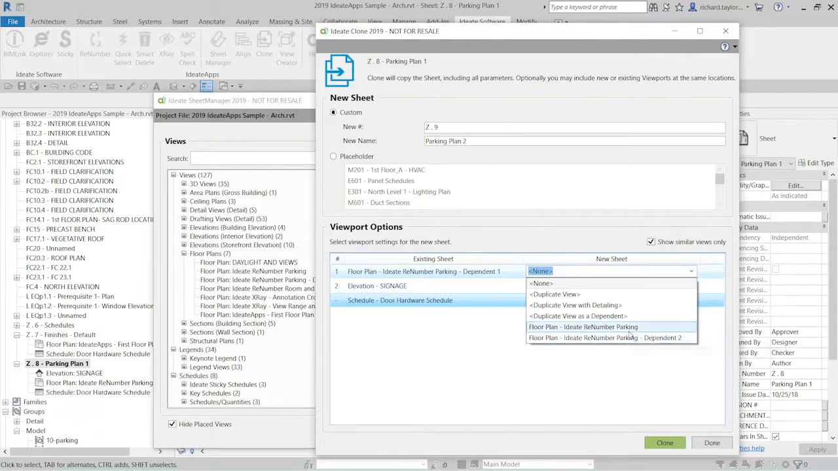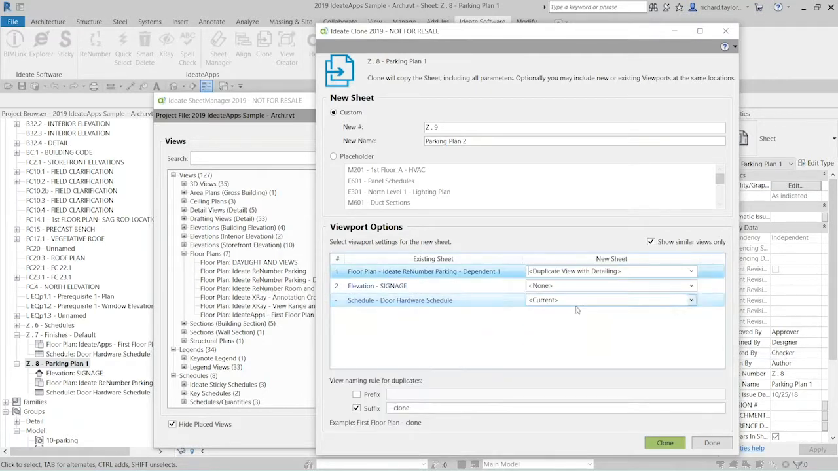So I can basically swap it with the parking plan, which is the parent, or I have dependent 1, dependent 2, or I can duplicate it. So in this case, I'm going to say, you know what, I would like to swap it. And actually, before I do that, I'm just going to show you also, if I say duplicate with detailing, down